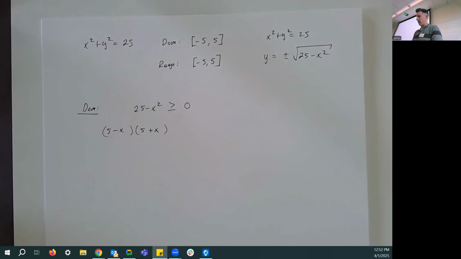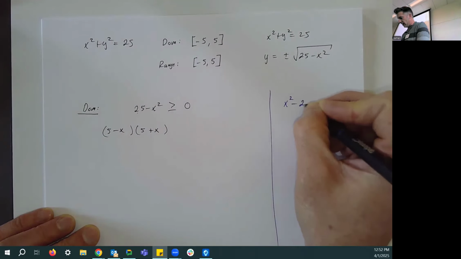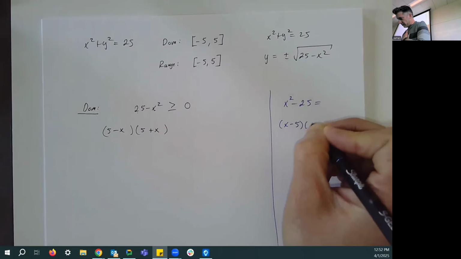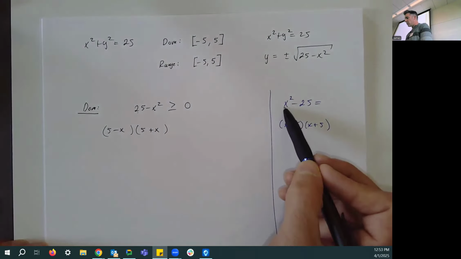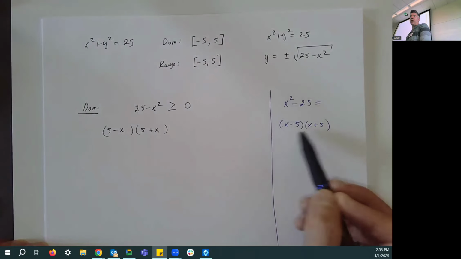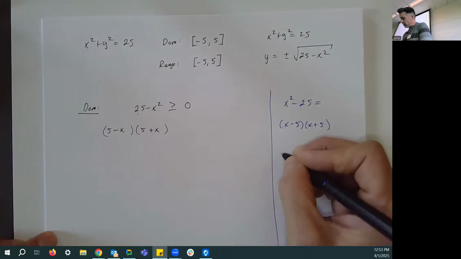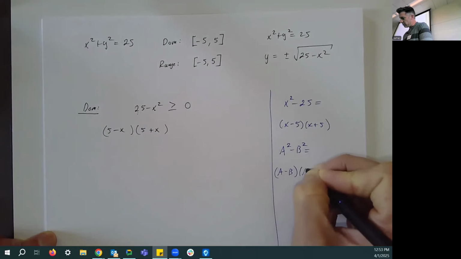Just so everyone's clear, if you were trying to factor x squared minus 25, that would factor as x minus 5 times x plus 5. It looks similar, but it's a little bit different. The way I think of it is whatever thing is first is the thing that comes first in the factors. Since it's x squared first, the x is the first thing in the factors. Here, where it's 5 squared first, the 5 is the first thing. More generally, a squared minus b squared is a minus b times a plus b.